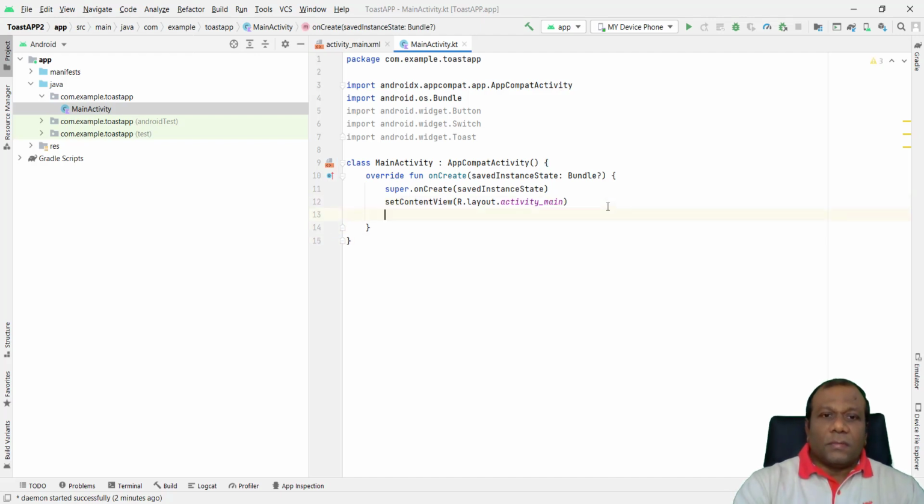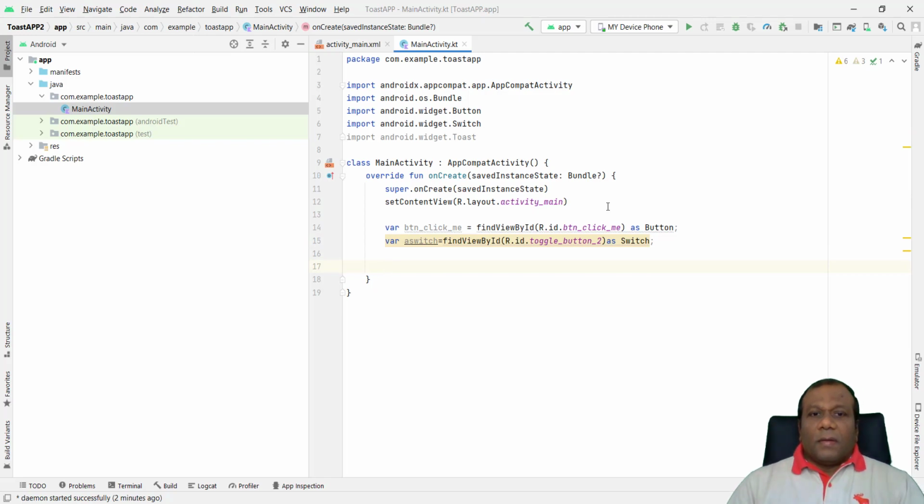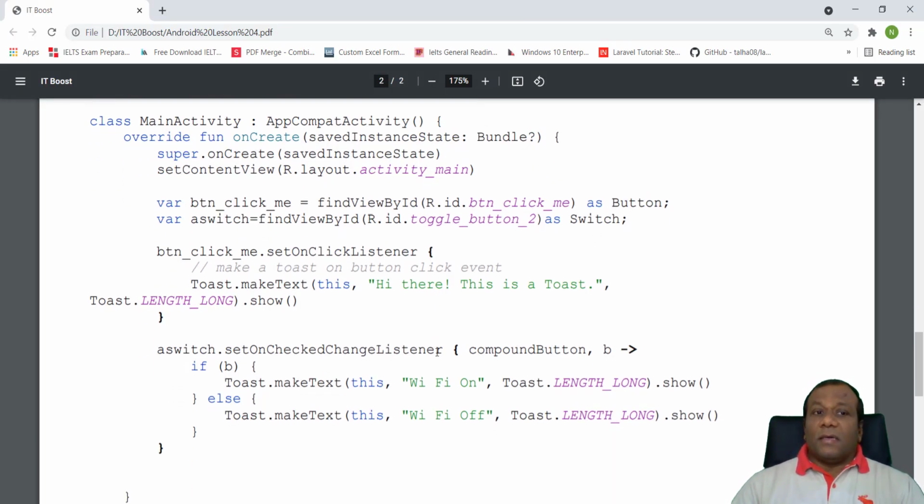Right, now next we have to make a click listener event. So this is the button click me, set on click listener. Here you have the Toast class, Toast.makeText. In the Toast class we have a function makeText, a built-in function in the library.